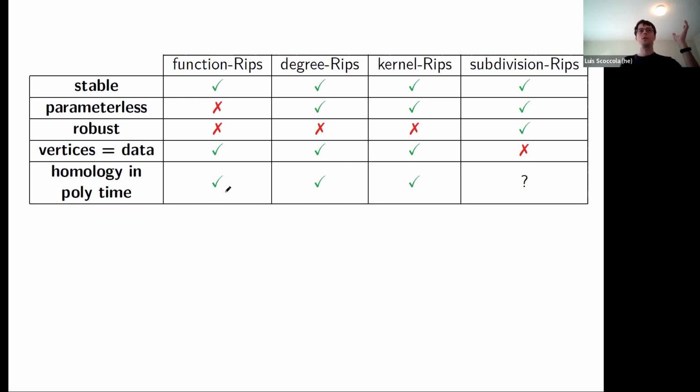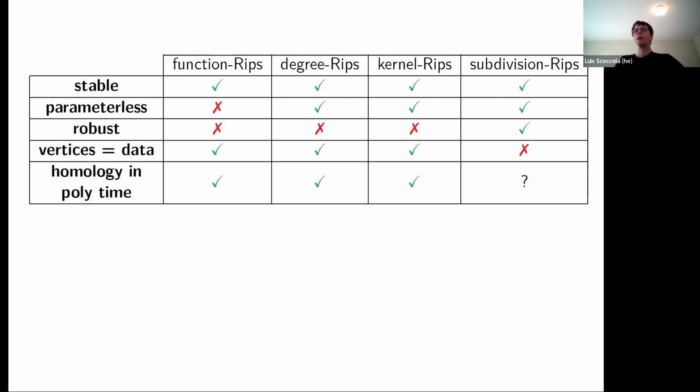And it is easy to calculate the homology in polynomial time. I mean, assuming you know how to compute minimal presentations and all that fast, which is non-trivial, but you can do it. Then degree-Rips and kernel-Rips improve on function-Rips, basically by making them parameterless. And we've seen that that is actually useful in practice. Sometimes choosing the kernel bandwidth is not easy, especially if you don't know anything about your data. And these still have the property that vertices are data points. And in particular, in work with Alexander Rolle, we use kernel-Rips to do density-based clustering, and I think it works